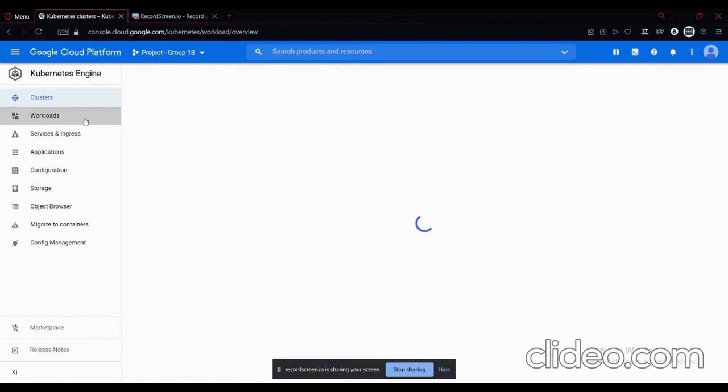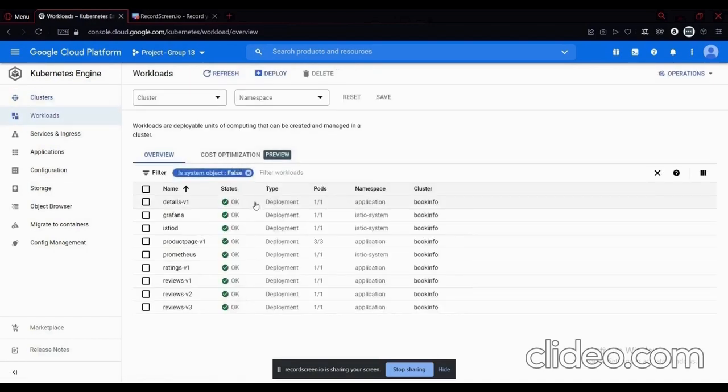Now we can go to workloads and see that all the services are up. For example, the product page has three pods and is in the application namespace, along with the details service, the ratings service, and the three versions of the reviews service.